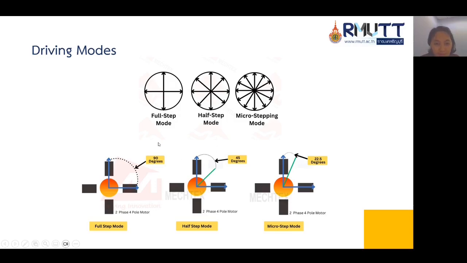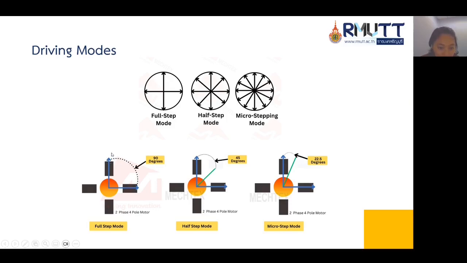This picture shows the driving modes. This is the full step mode. There are 4 cycles, and then this is half step. There are 8 cycles, and then micro stepping mode, there are 16 cycles, and we can see here in the degrees.